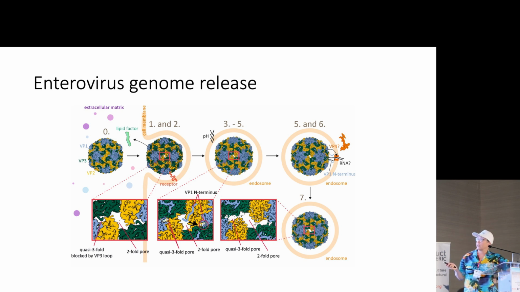And it occurs in different steps. These can be receptor triggered, but in cases of Coxsackie virus A9, it's not receptor triggered. It's actually triggered by changes in the ion concentration in the endosome as the endosome matures. And one sees subtle differences in the positionings of the VP1 N-termini, which are going to come out of the capsid as part of this activation,